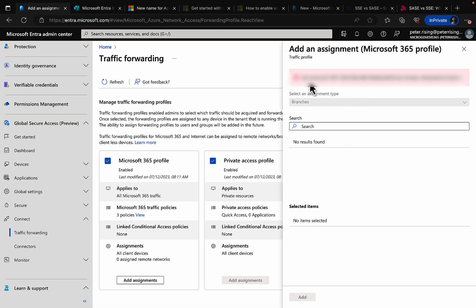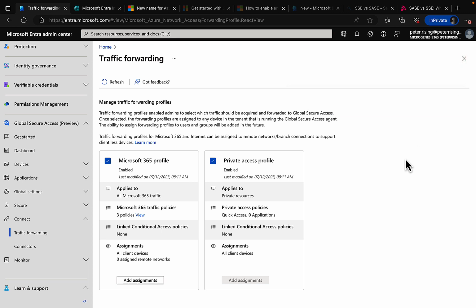and it's telling me here my tenant has not been onboarded yet for branch connectivity. So in order to do that, what you need to do is go to the Entra portal, Global Secure Access, Branches, and click the link in the banner and submit the form. So there's some housekeeping you need to do when you get started in order to